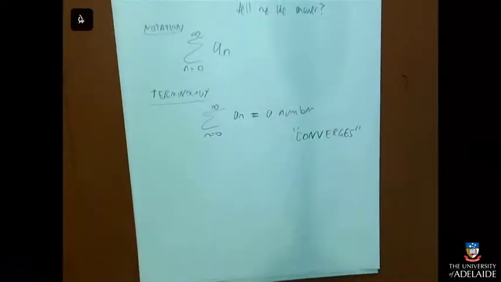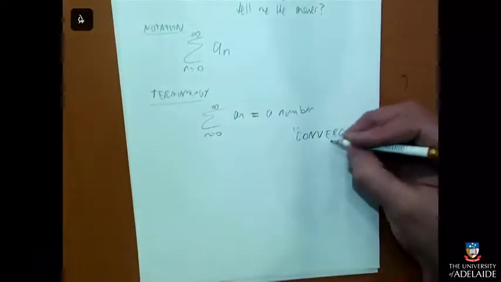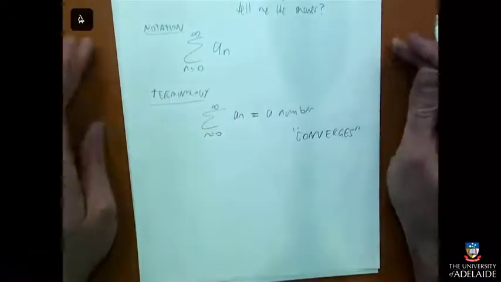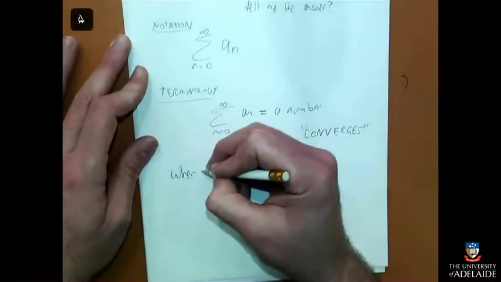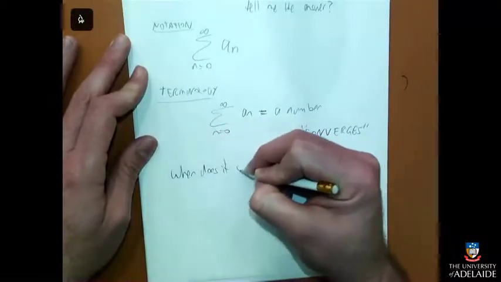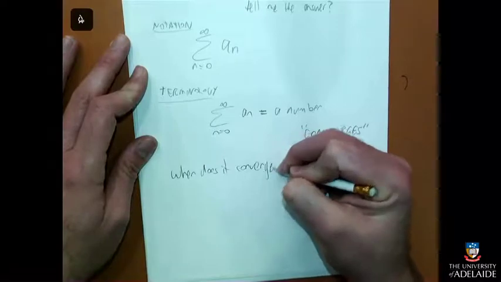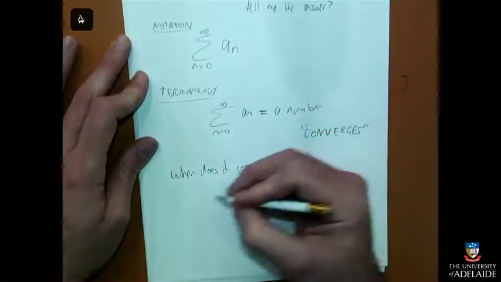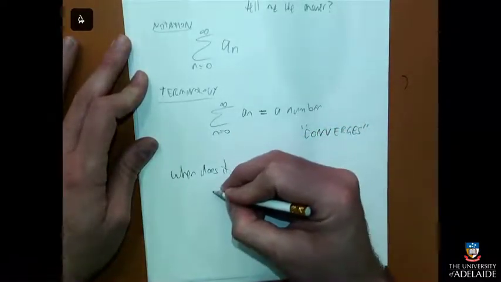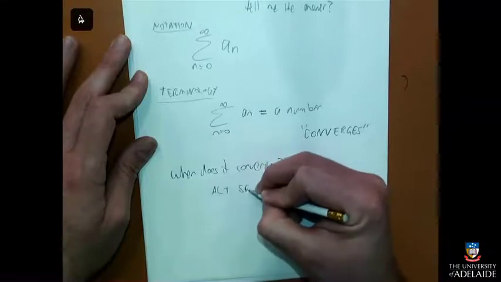You've got a list of them, which I won't go into the details of here. We want to know when does it converge? Well, then we've got all these convergence tests, like the alternating series test